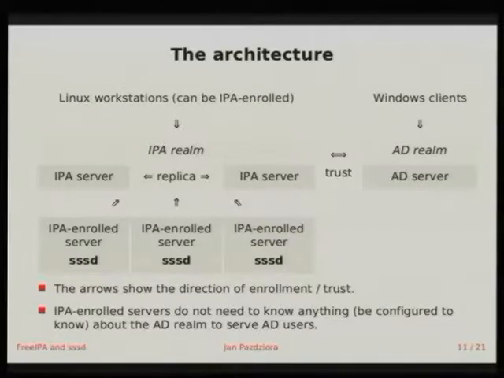But the main thing is that any IPA enrolled server that I will add into this system will be able to accept connections and accept identity and authentication from Windows clients, even if you don't have to configure anything about Active Directory on them, which obviously cannot be what you care about if you don't have any Active Directory. But then at least your Linux users might enjoy